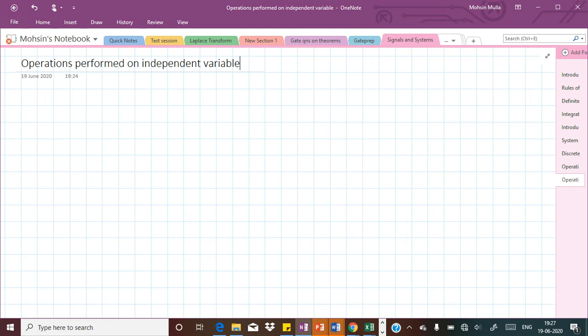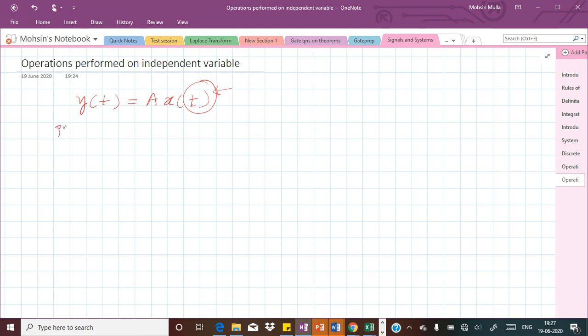Okay, so when a signal is indicated, it is usually indicated as, say, y of t equal to, so there will be some magnitude here. That magnitude can be considered as A, and there will be the signal, and here the time variable. So this time variable t is called the independent variable. Now we can perform different operations on this time variable t. There are basically three operations that can be performed on this independent variable time t.